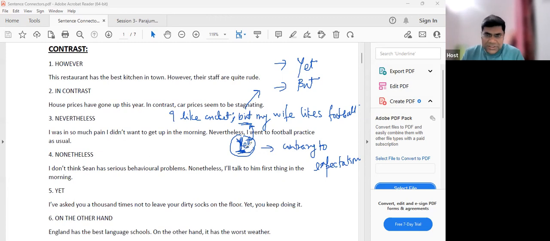Both yet and but make sense, but yet makes more sense. Why? It is more forceful, it is more emphatic. Why? Because it is contrary to expectation. So if you call me twice and I don't receive your calls, you would say, I called you, sir, but you did not receive the call. If my wife calls me, she would say, I called you thrice, yet you did not receive the call. Getting my point? So there is an expectation of receiving the call, and if it is not met, it is yet.